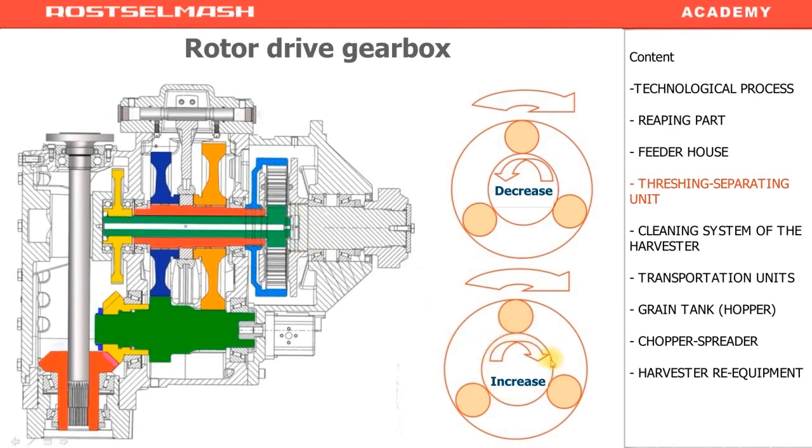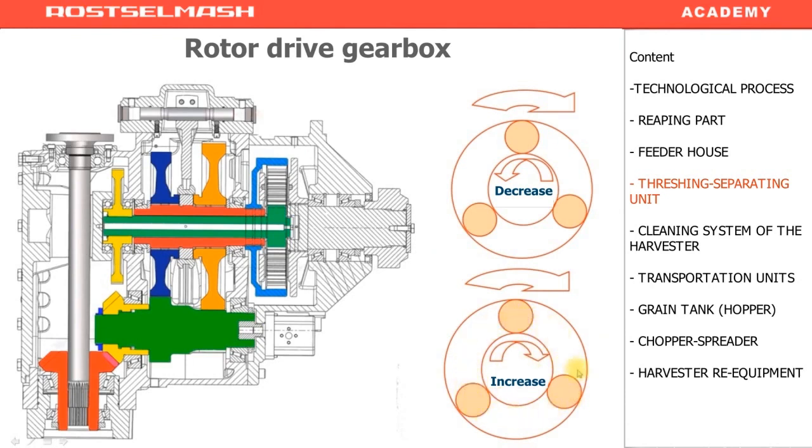The sun gear rotates in the same direction as the crown. If the crown rotates clockwise, the sun gear will rotate in the same direction. We change its rotation speed by pressing plus or minus buttons. By pressing the plus button, we increase the rotation speed of the sun gear, and thus we increase the speed